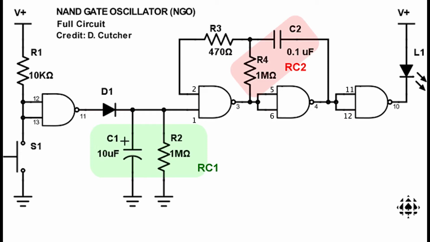we can assume that pin 3 has an output of high, since according to the NAND truth table, as long as there's at least one input of low, the output is always going to be high, and pin 3 then goes through R4 and R3 to input a high signal into pin 2. And then pin 3 leads on to both pin 5 and pin 6 and inputs a signal of high, which would output a signal